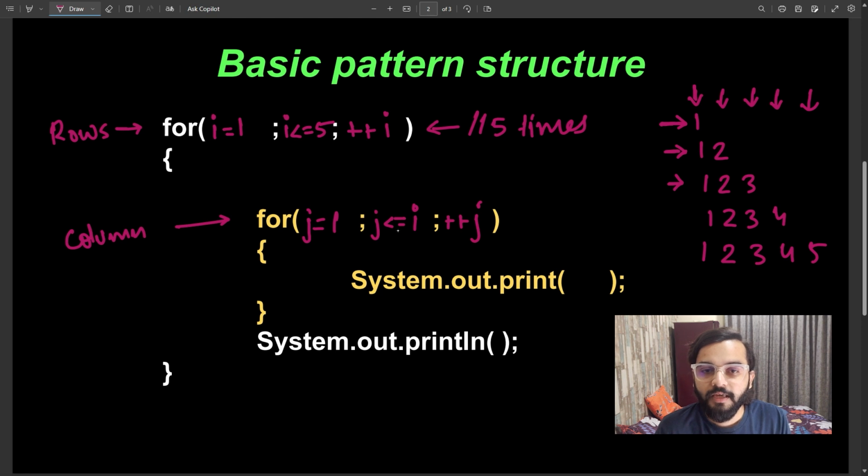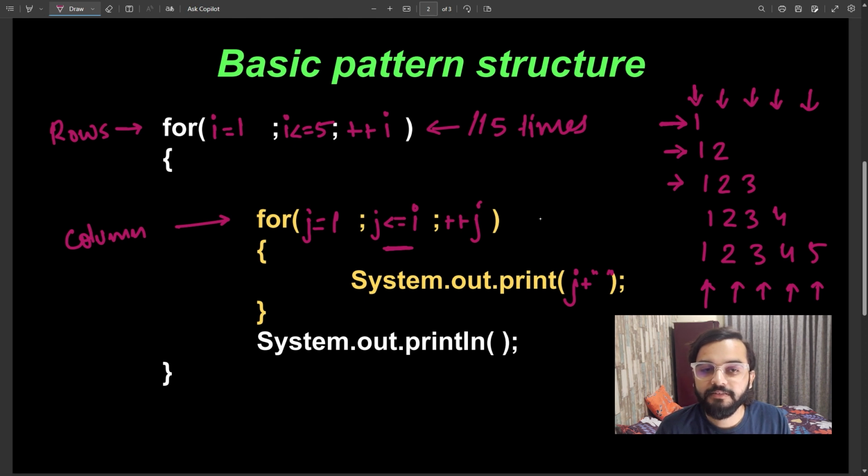For that we have to use this condition, and simply what we have to print is the column number. Who is responsible for the column? The innermost loop. So we will print here the value of j with some additional space.